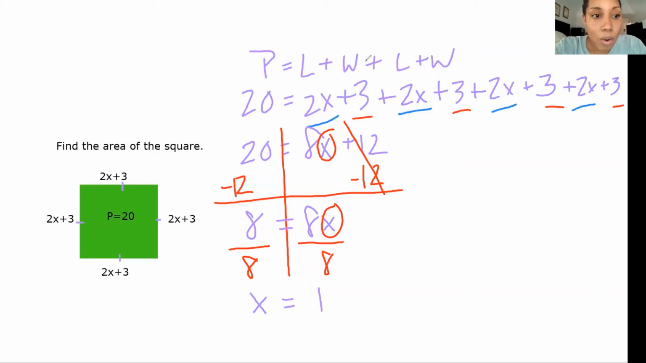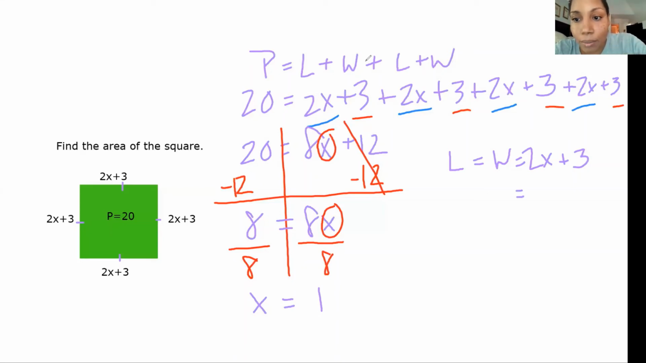Now we need to know what our side is, or what is our length and our width. Well, each of the sides of our square is the same. So this is going to be real easy because we only have to solve really one thing, because our length is equal to our width. So length is equal to width, which is simply 2x plus 3. And so if we know that x is 1,